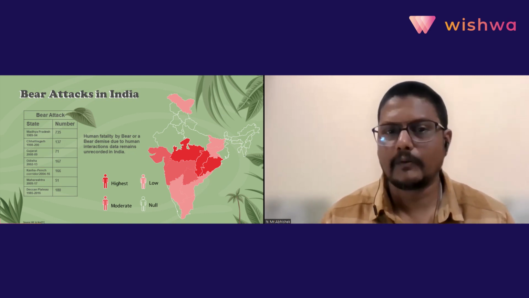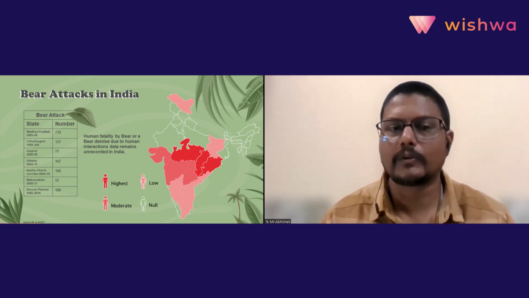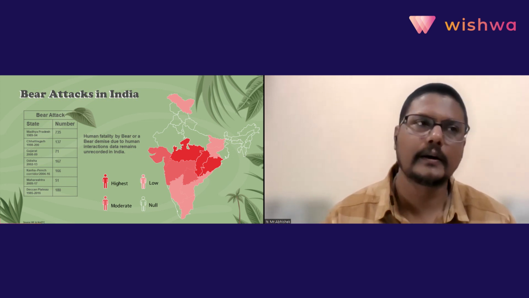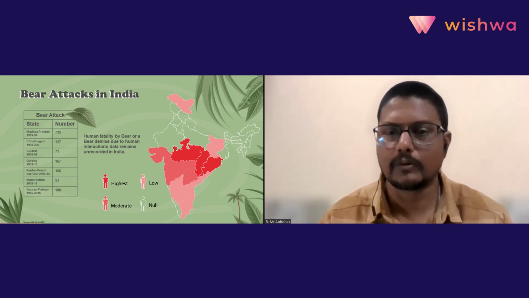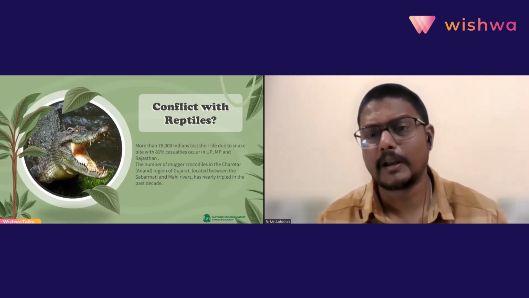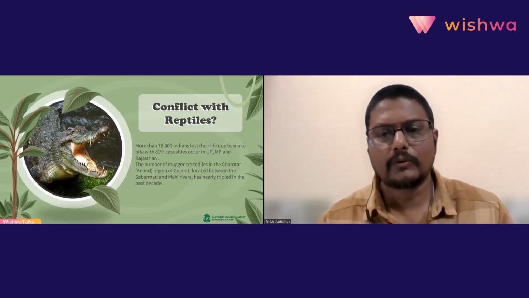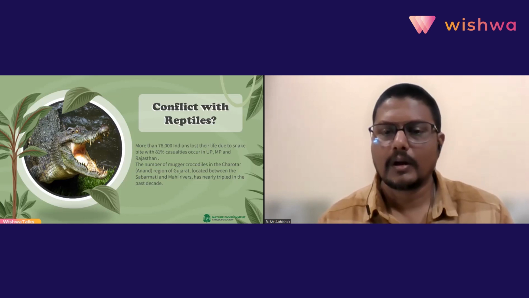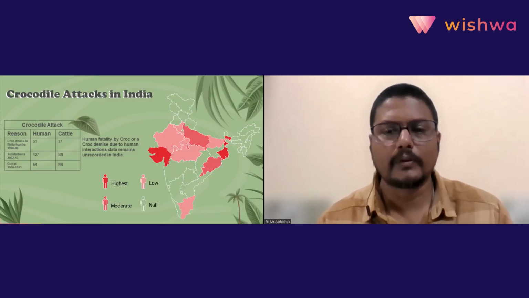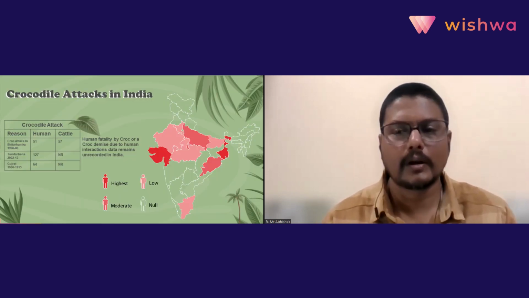So people have become more aggressive in terms of leopard, tiger, and elephants as compared to bear. Now, conflict with reptiles, if I talk about, more than 78,000 Indians have lost their lives due to snake bites, and 81% of casualties occur in Uttar Pradesh, Madhya Pradesh, and Rajasthan. The number of Magar crocodiles in the Anand region of Gujarat, located between the Sabarmati and Mahi rivers, has also tripled